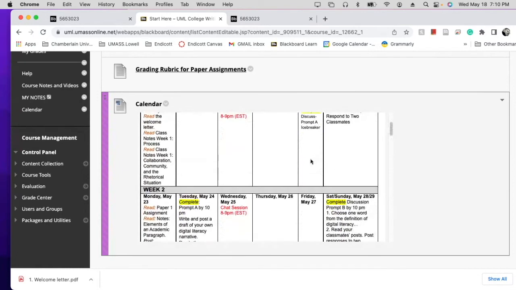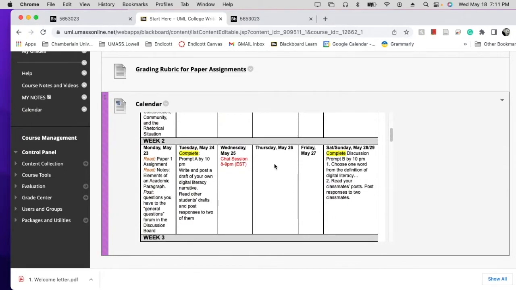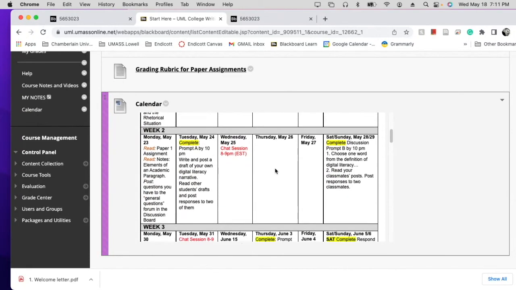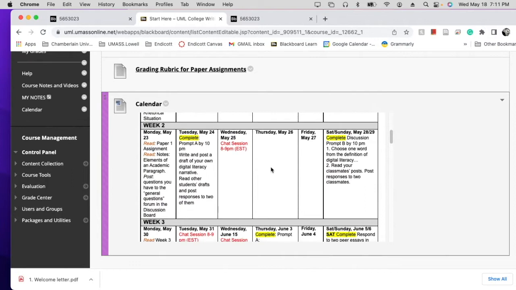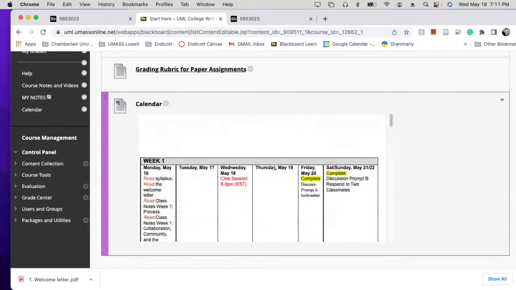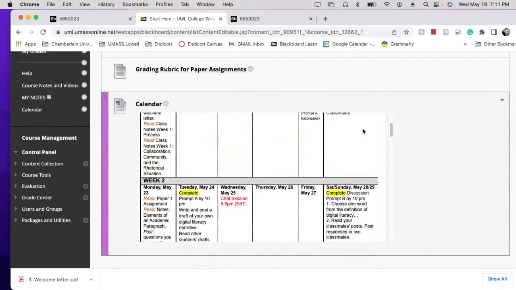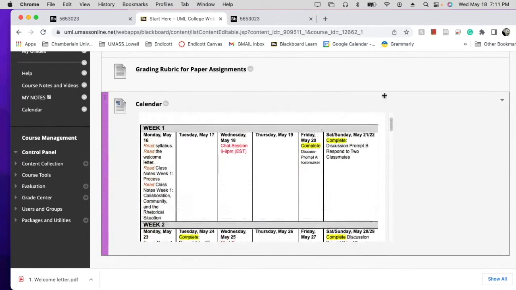In reality, you want to have discussions done by Wednesday night as a goal. I would even say you could do Thursday night, but you want to have your first one done, because then for discussions, you're also going to respond to someone in class. So in any event, this is the calendar, and I have access to it, so I can alter it if we need to, and try to keep it up to date.